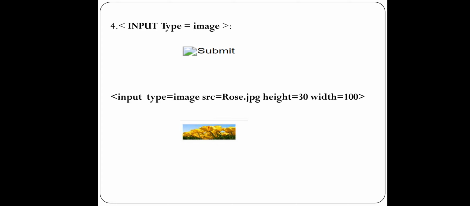In the code below I have written a syntax where I am calling rose.jpg with height 30 and width 100, and below you can see the output that you have got a submit button which contains the image, right?